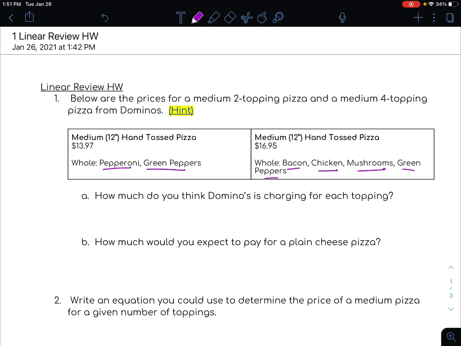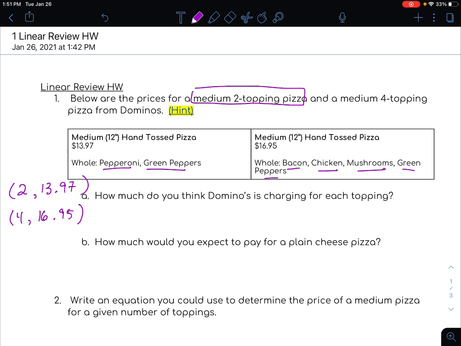Well, notice that increased toppings does increase the price. So, what would that base cheese pizza be? And then how much are they adding on per topping? Well, if we think about this, maybe we can break it down like this. We know that the first pizza has 2 toppings. So if we think of this kind of like a point that we're graphing, the first pizza has 2 toppings and its price is $13.97. All right. And then the second pizza has 4 toppings and is